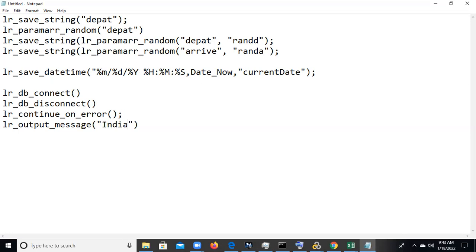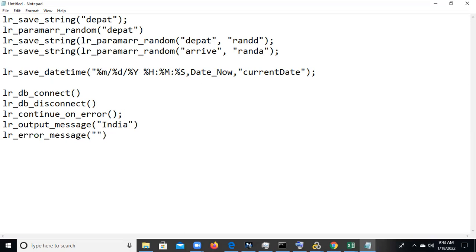LR error message will also be there. We need to capture any messages, so we can use LR error message when we want a particular message printed. So it will get displayed as an LR message.